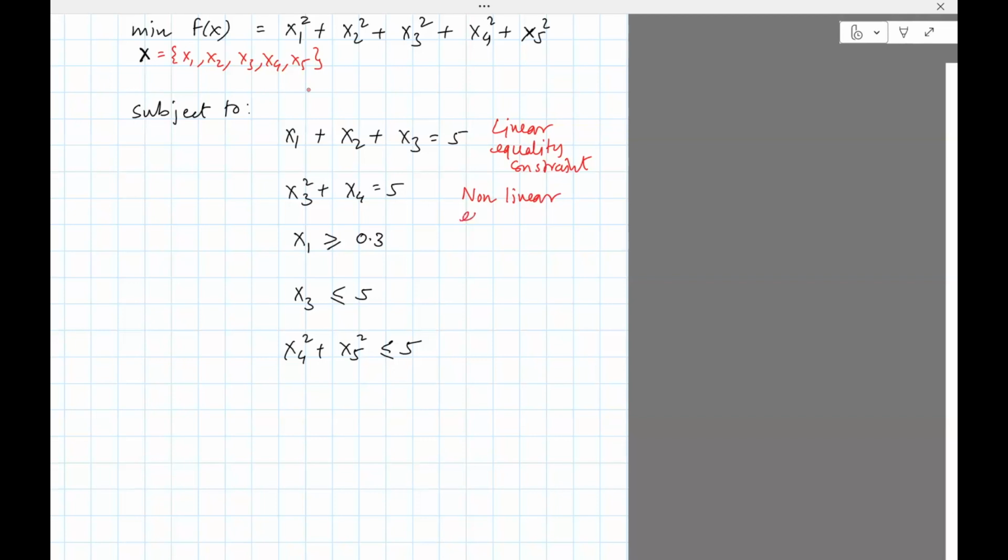Since there's equality, it's an equality constraint. Okay, let's go to the last equation. You can see that there's a nonlinear term, there are 2 terms, x4 square, x5 square. So that is also nonlinear, but there's an inequality. So it's an inequality